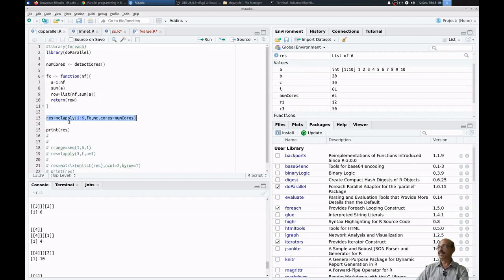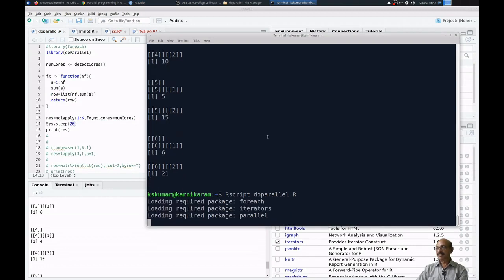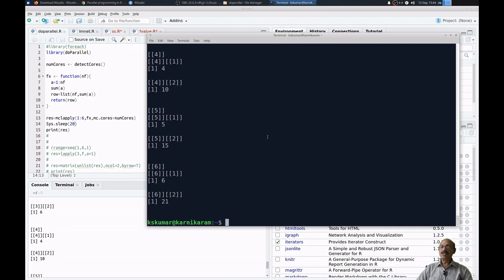If the program is very complicated, then when I run it, it keeps on waiting and won't come out, because I asked the program to sleep for 20 seconds. I just want to show how a program will take more time if it is very complex. It will not come out of the program and back to the shell. So now it is over.